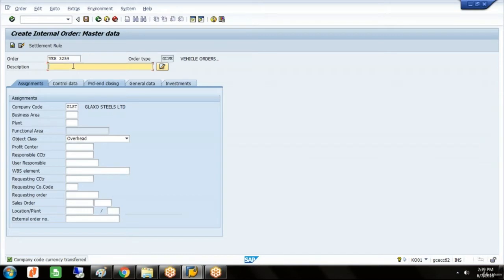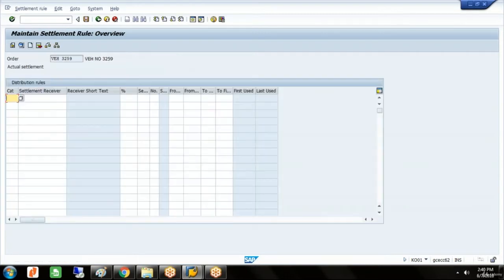I'll say vehicle number 3259. This is your business area, GLO. I go to settlement rule. Category is again the cost center. This has department C,